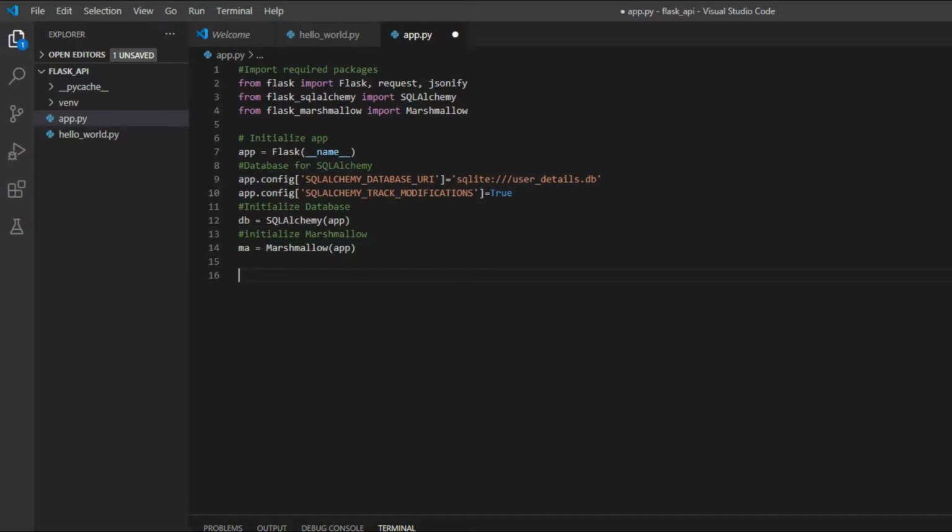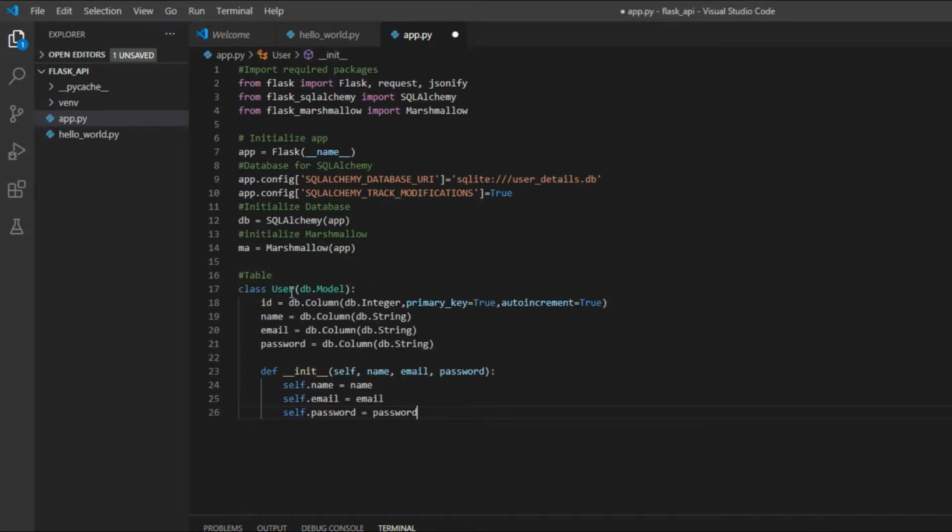Next step, we are going to create our model, that is the table of the database. In SQLAlchemy we have to create the model. So what is a model? Basically a model is a class which inherits from db.Model. Why are we inheriting from db.Model? Because db.Model has all the functionality of db.Column, which will represent a column in a SQL table. db.Integer is a type of the column. This functionality is given by db.Model.